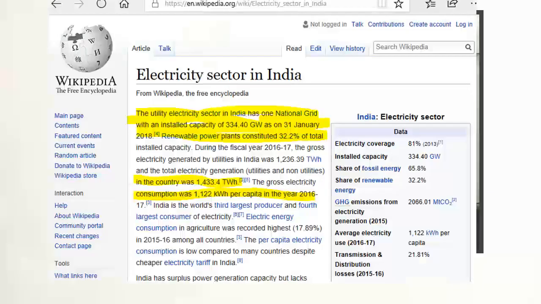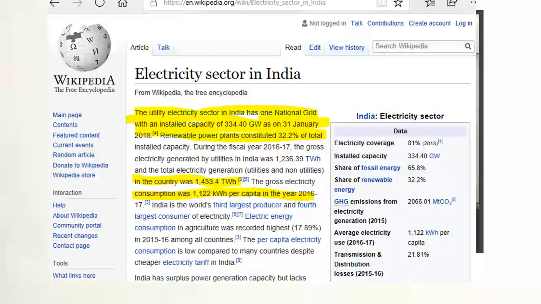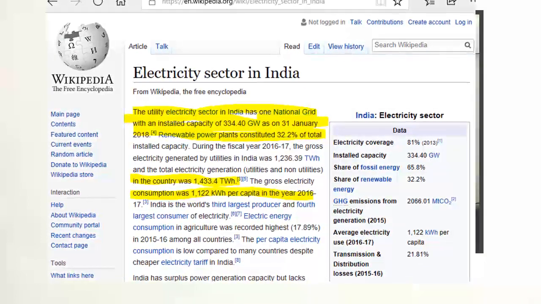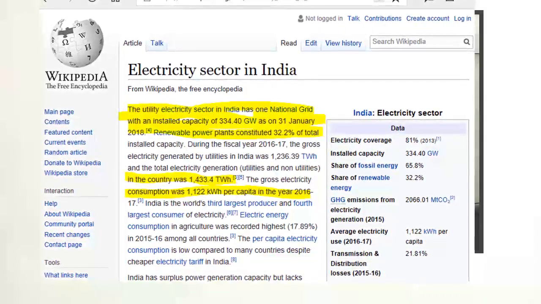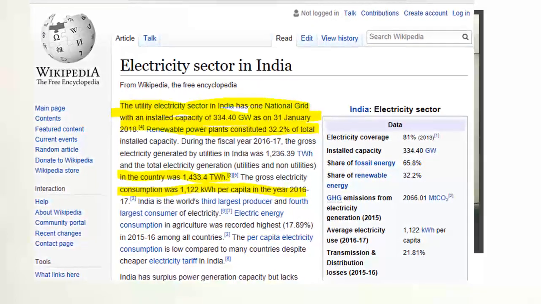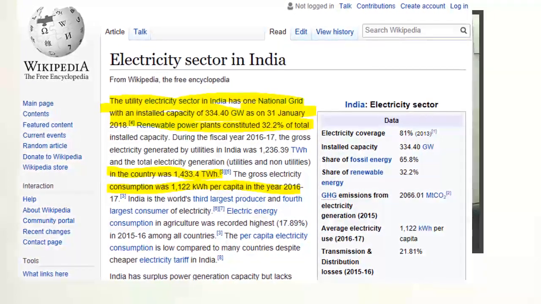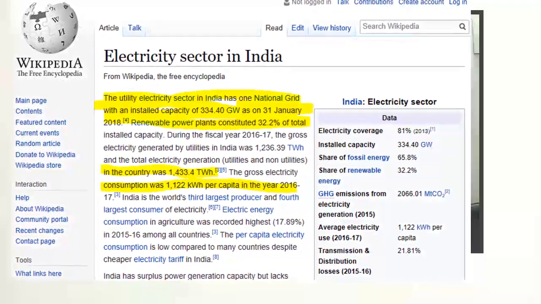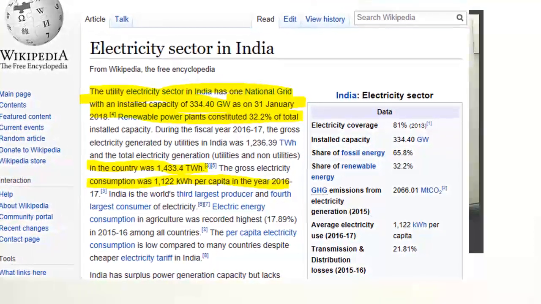And it's even possible that some state is very deficient and cannot generate electricity due to its geography or some other reasons. So in such a case, it becomes very necessary to have transmission of electricity from one state to another. All of these are controlled by different state electricity boards, etc. But there is a national grid that connects all the different electricity generating stations in a city, in a state, or in a country,